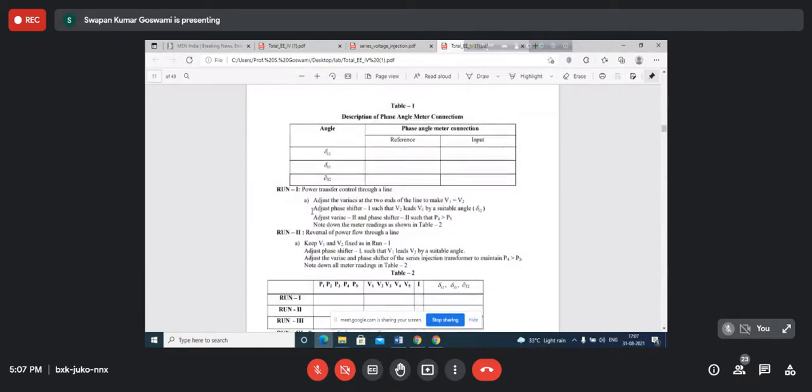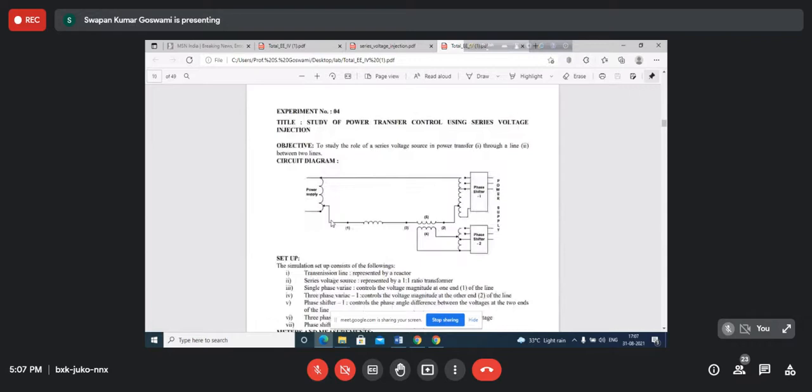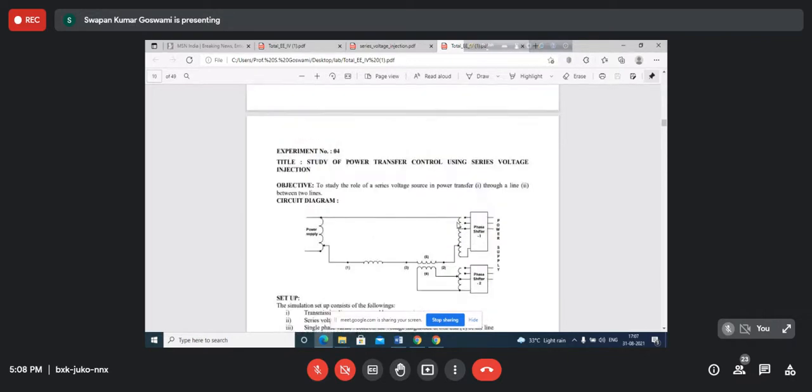Now this is run 1, and then run 2. Then I will go for the sheet where the values will be discussed. Okay. In the first run, therefore, what shall we be observing? We shall be observing that power is being transmitted from the phase shifter end to the power supply end, because V2 will